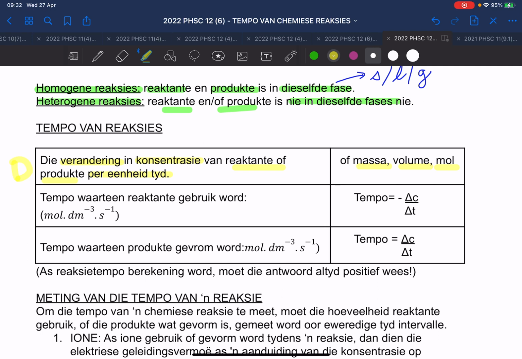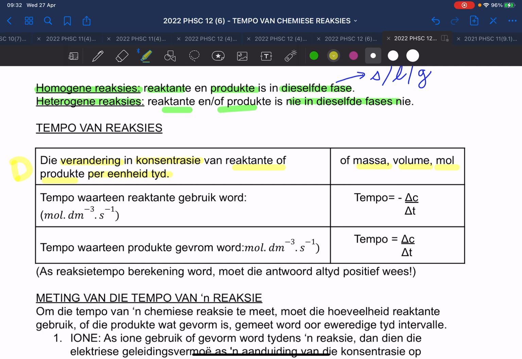Sometimes we're going to work in seconds, want die reaksie gebeur net so. Sometimes it will be in minutes. Sometimes it will be in hours. So that is why they say per unit time, per eenheidstyd, want baie keer gaan sekondes, minute, ure, wat ook al wees. Okay. And then lastly, is reactants or products, en ons gaan nou daarna kyk. We're going to look at why they say reactants or products in a moment. Okay, maar daar is 'n definisie, and they like to ask this definition. Hulle hou daarvan om die definisie te vra.